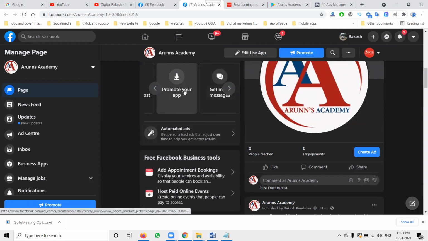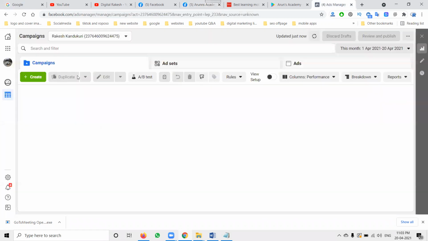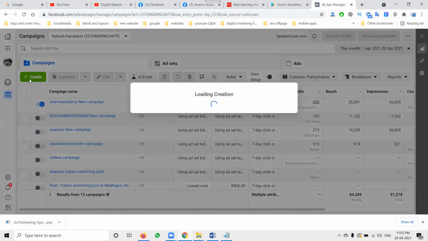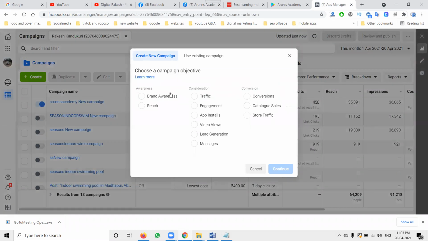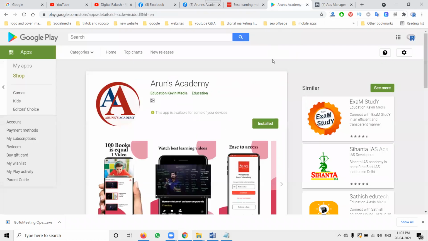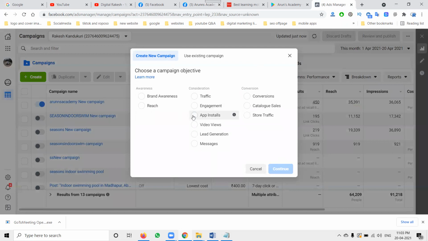We have two methods: with the Facebook page and with Ads Manager. In this Ads Manager, simply select the create ad option. There will be an option called consideration. First of all, you have to show customers the app's main purpose. This app is for State Board and CBSE, AP and Telangana, 6th to 10th class. So that is how we can help the customers install it here. Click app install.